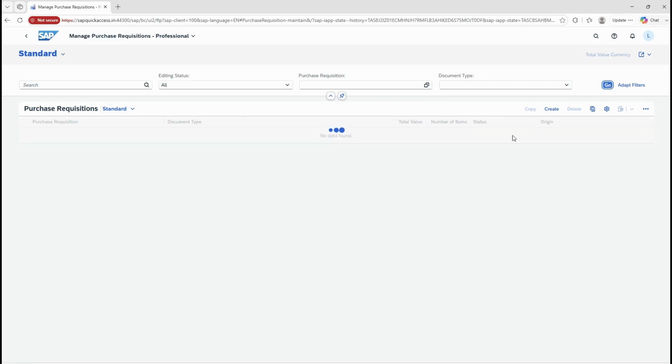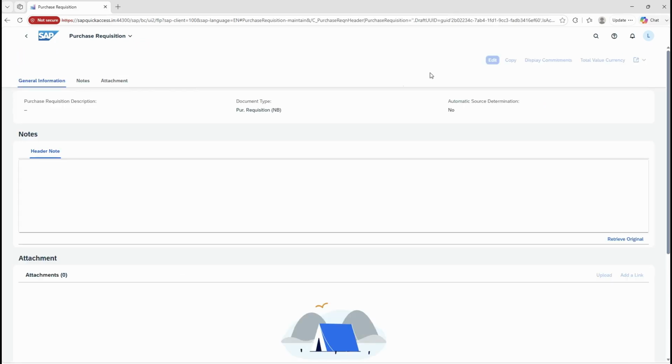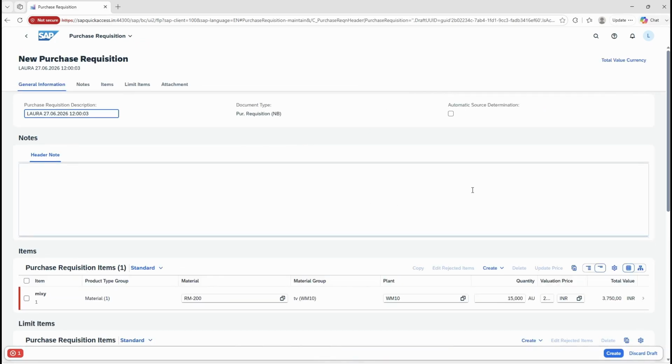Let's press on go and let's see. And as you can see, I have a new draft here. For the PR I was trying to create, but yeah, for some reason, I don't know, maybe it can happen